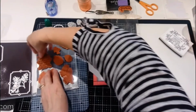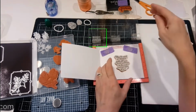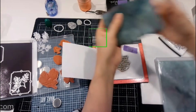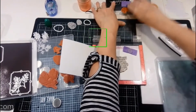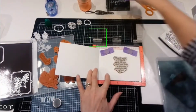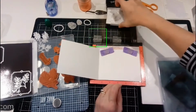So I'm going to put the sentiment here in the middle, line it up straight, and then I'm going to use my ink chamois here. These come clean, and then when you wet them and start using them, you get them dirty. You just rinse them out. But it's a chamois, and it just wipes off your stamps and keeps them nice and clean. But let's pick up this stamp and apply that VersaFine